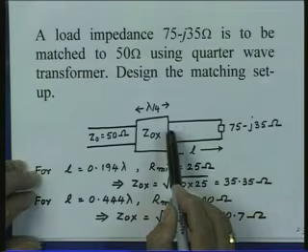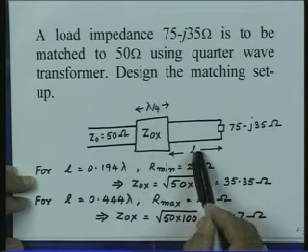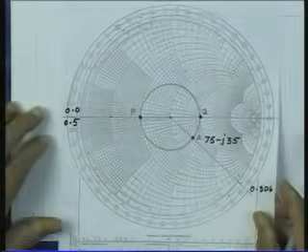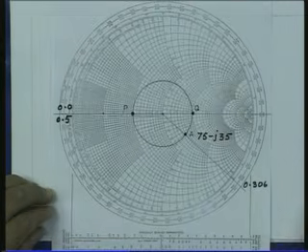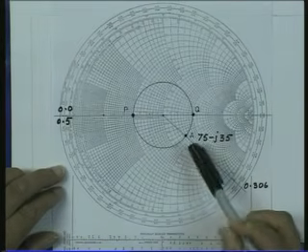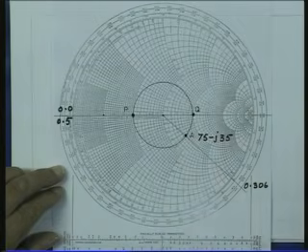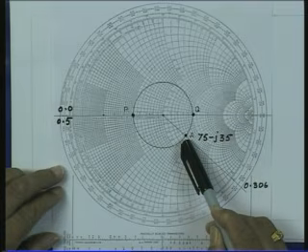For finding out the impedance at this location, which will be real, and the length, we again make use of the Smith chart. So, first thing what we do, we take the Smith chart, mark the unknown impedance which is to be matched to 50 ohms. So, first we normalize this impedance of 75 minus j35 ohms, mark this point on the Smith chart,